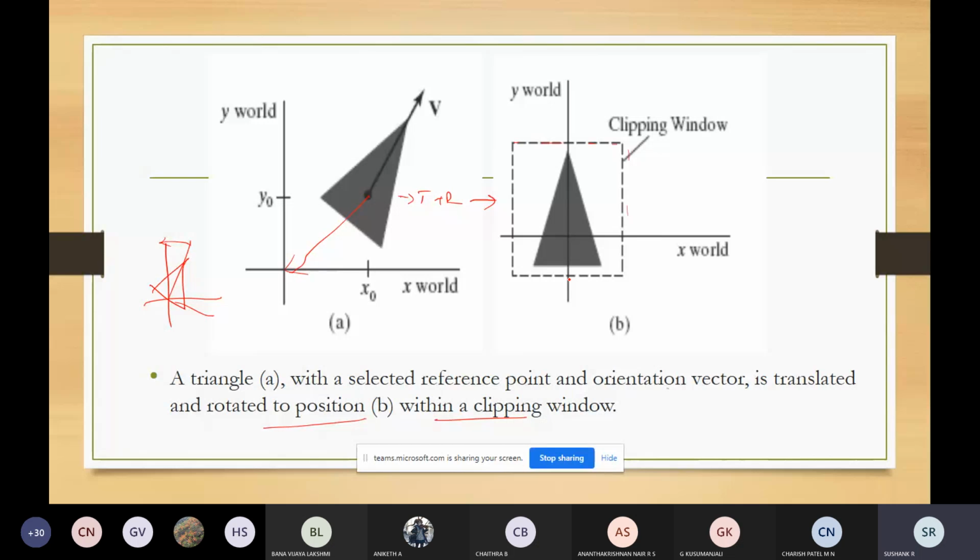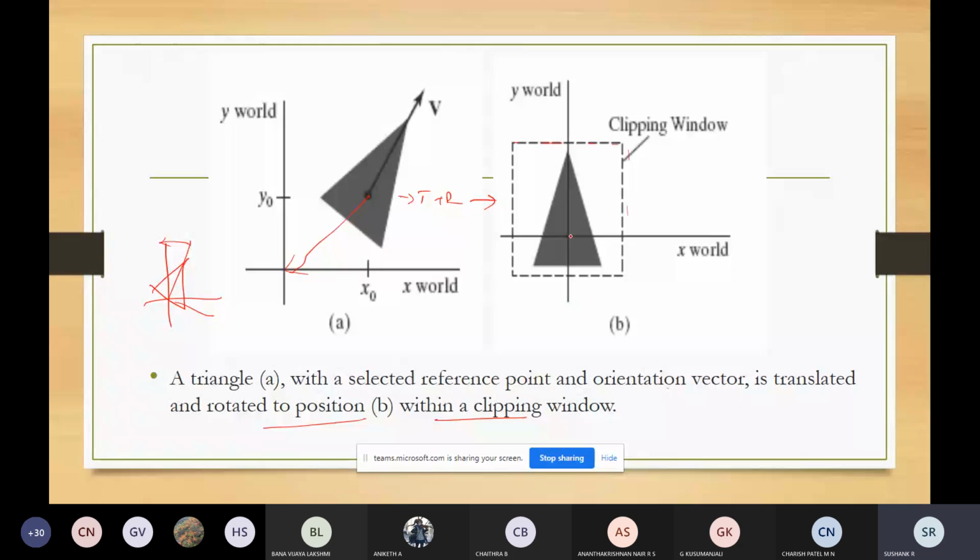What we are doing is, we translate the object first. After that, we rotate the object to the desired position. So we have done the translation and rotation, and we have brought this object to the desired position. Once we have brought the object to the desired position, we are setting up the clipping window in world coordinates.